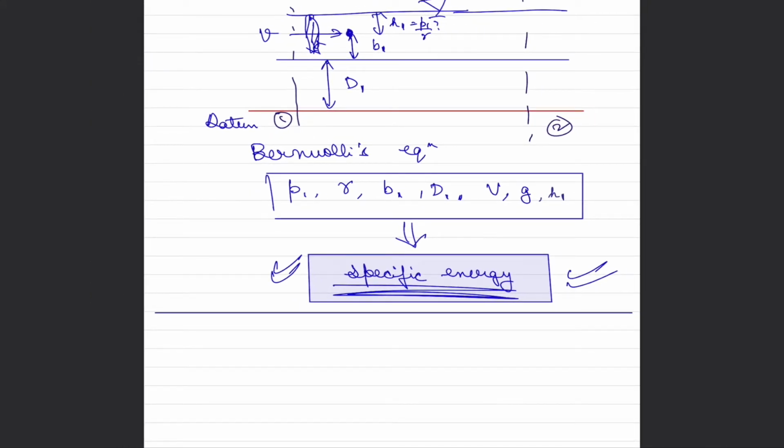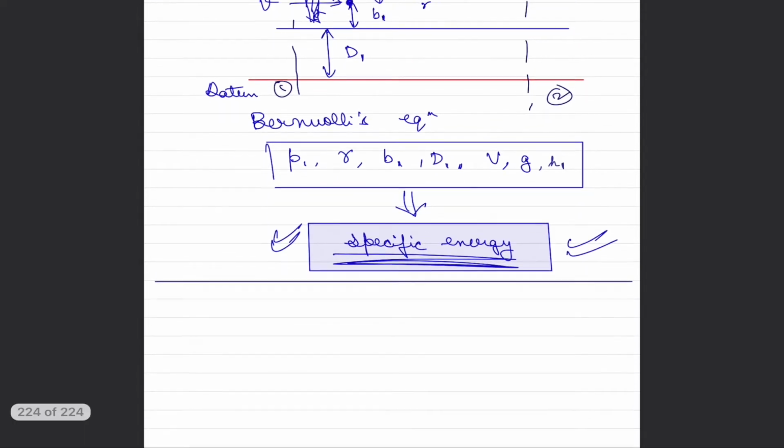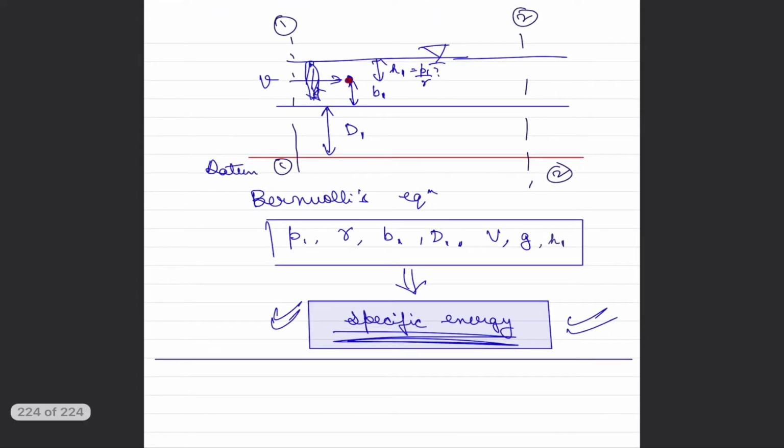So basically we can say that at section 1, at any point, this is our point which is at some height h1 from the top surface. If we have a total pressure here P1 by gamma, and we assume atmospheric pressure to be zero because that's what we mentioned, that our benchmark is atmospheric pressure, we can say that this H1 is going to be the hydrostatic pressure divided by gamma. If you remember, gamma times H is the total pressure at point 1 or point A, and we can say that H is equal to P upon gamma, or the hydrostatic head is equal to total pressure divided by gamma.